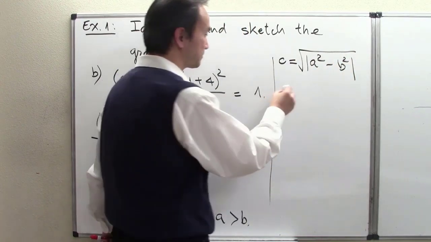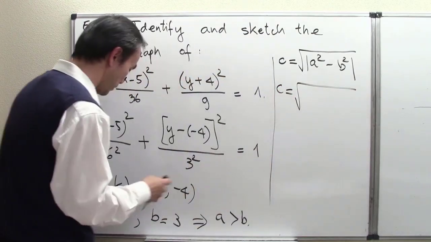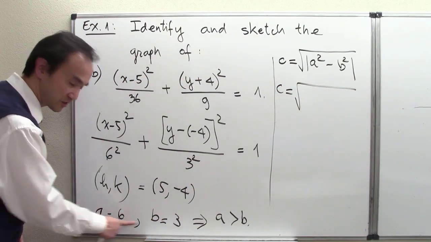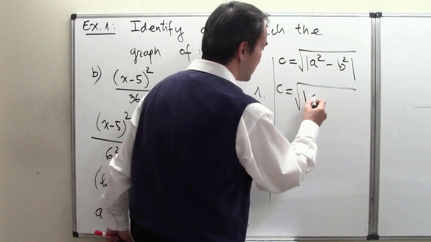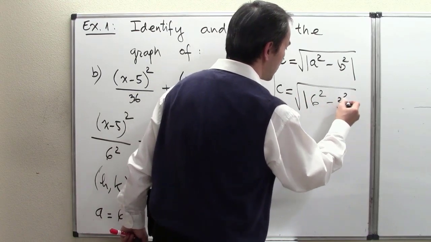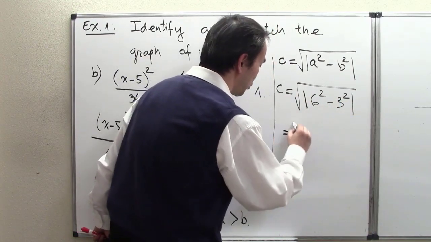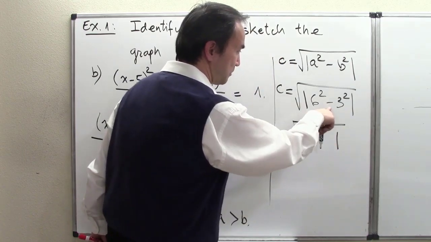In our case, with a being 6 and b being 3, we're looking at the absolute value of 6 squared minus 3 squared, so the square root of the absolute value of 36 minus 9,